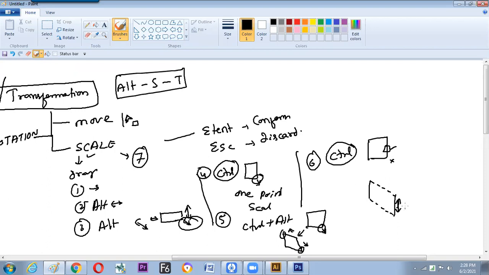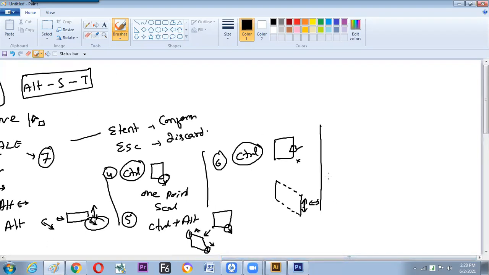Is it okay? You can go up and down. You can go left and right. So if left and right, it will be smaller. Up and down, then it will be long, stretchy towards the up. So hope we have understood now how to make the scaling in 6 different manners. Shall I move to the seventh one now?